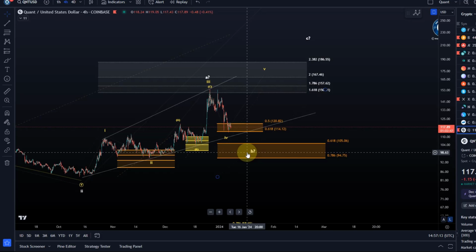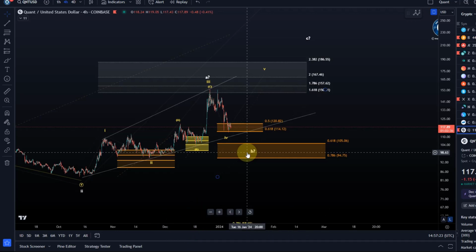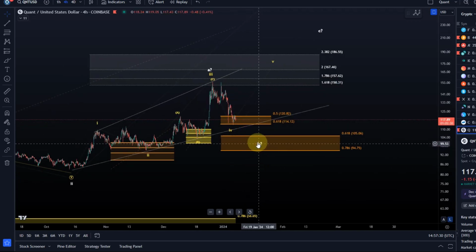So I don't suggest to trade this, because it means we have a 3-wave top. Now, a 3-wave top might lead to a complete breakdown. It might lead to some kind of a triangle. It might lead to a larger 3-wave move. So I think the right approach with the white count is, if we enter this support zone, just to wait